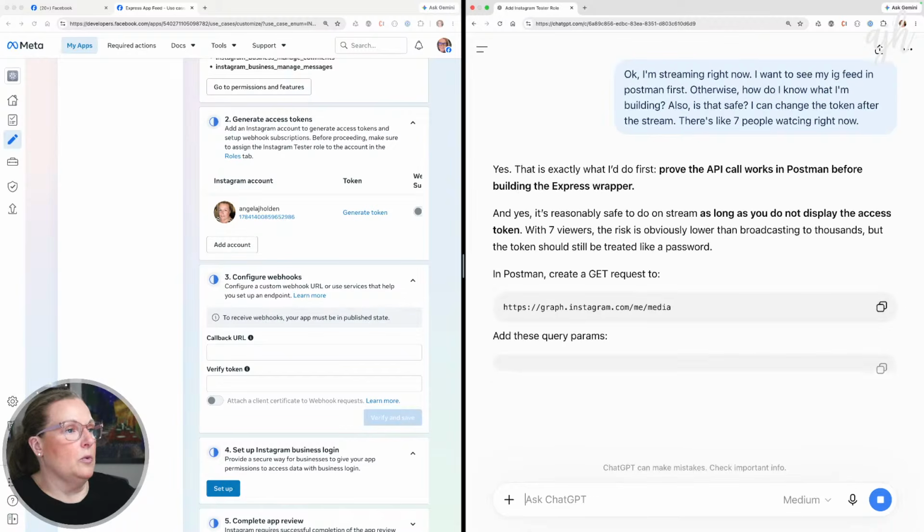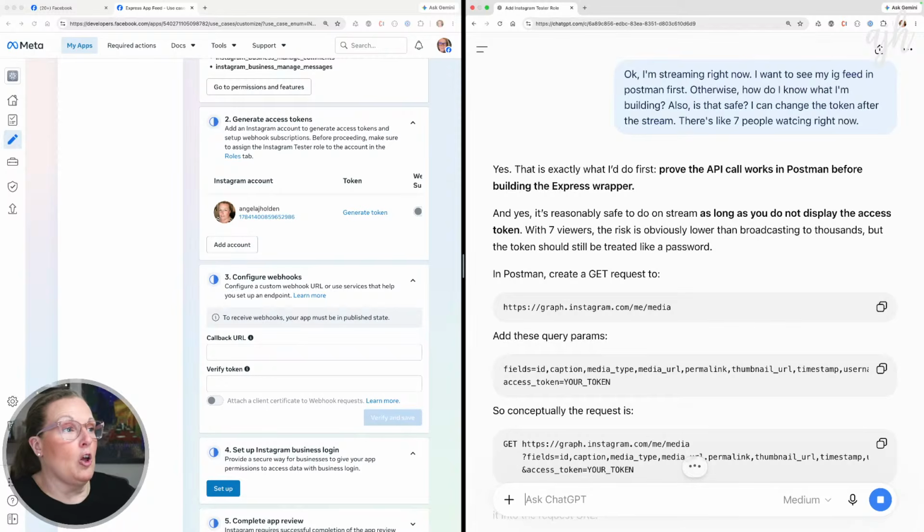Yes, that's exactly what I do first. Prove the API call works in Postman before building the Express wrapper. And yes, it's reasonably safe to do on stream as long as you do not display the access token. With 7 viewers, the risk is obviously lower than broadcasting to thousands, but the token should still be treated like a password. In Postman, create a GET request to